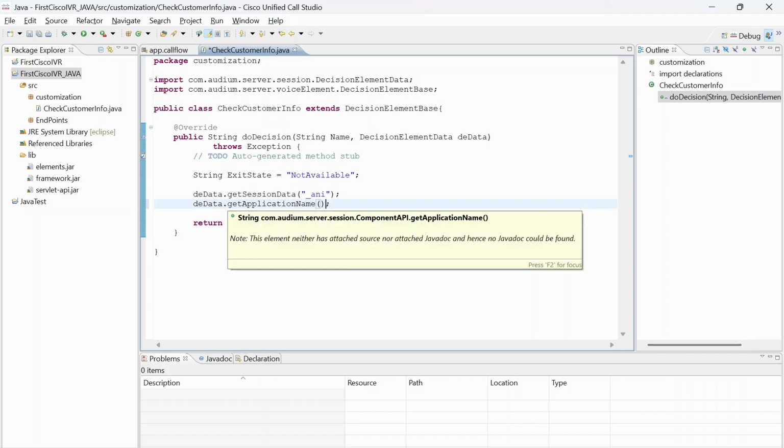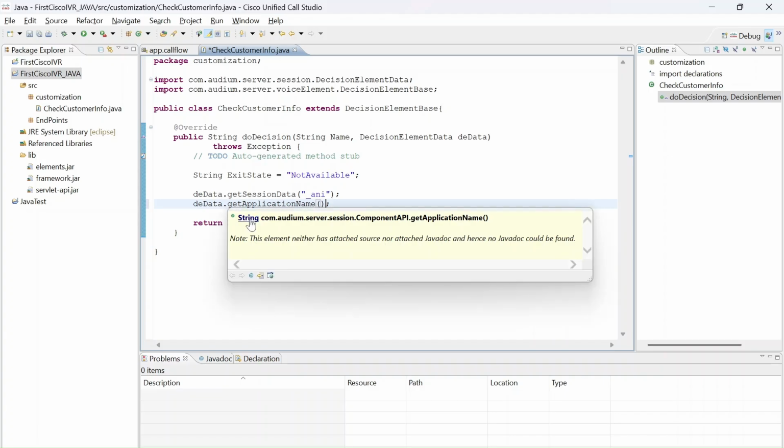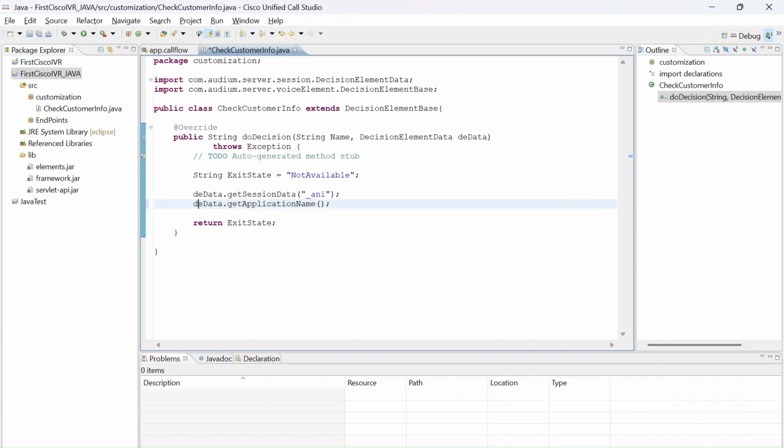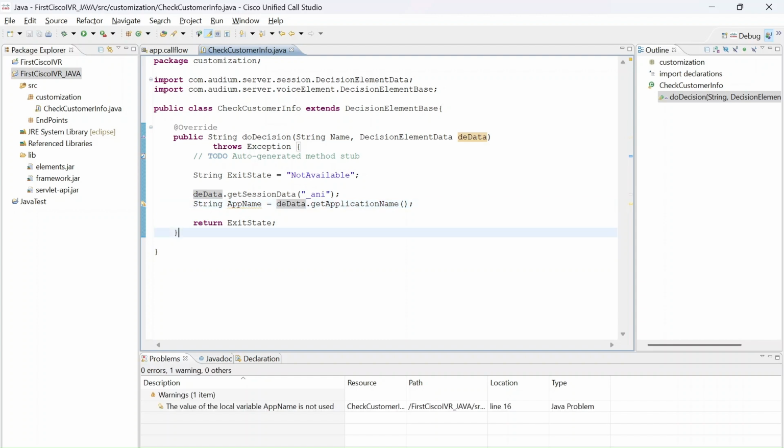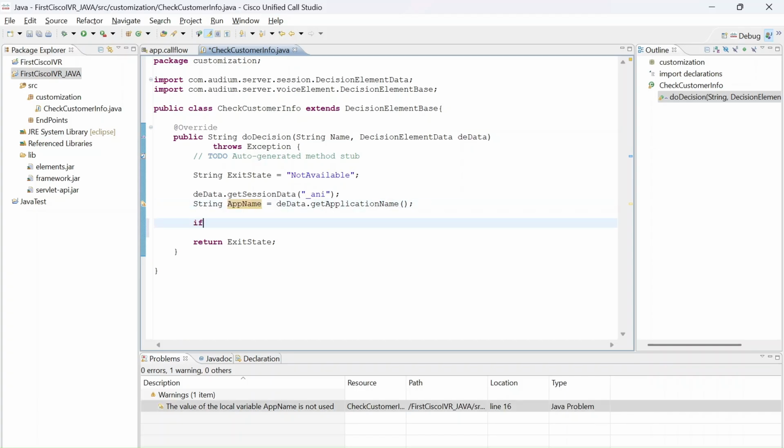So look at this. If you move the cursor on top of this function, it is saying return type. This is the return type, string. So it will return some string return type. So what I will do, I will keep it inside some string. Let's say app name equals to, and then I need to. Okay, this is done. So what I will do, I will put an if condition,